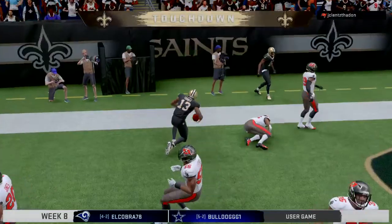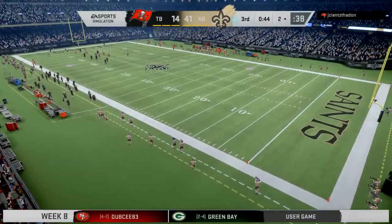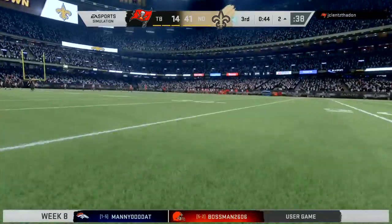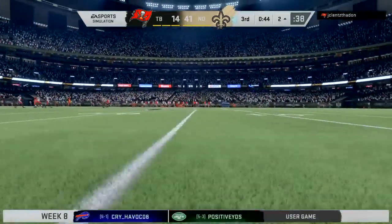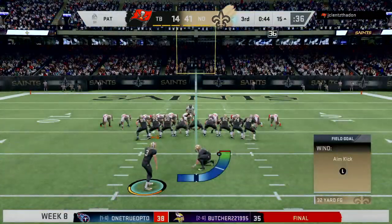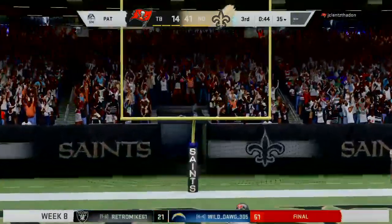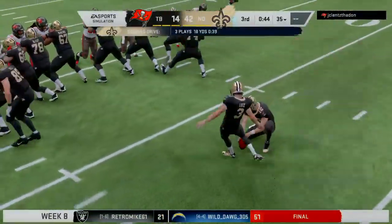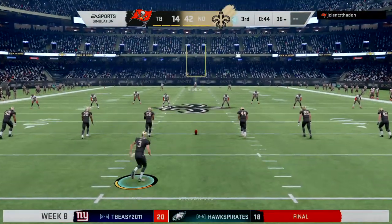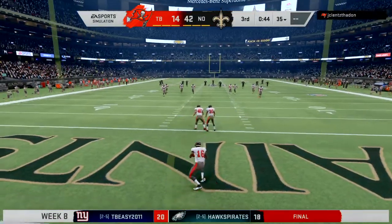Got a man open. It's Thomas. It's a touchdown for New Orleans. Michael Thomas there to make the grab. And the Saints take advantage of field position on the turnover to cash in for 6. Lutz will look to add the extra point. And that'll increase their lead to 28. After the touchdown, Lutz to kick it off. Fair